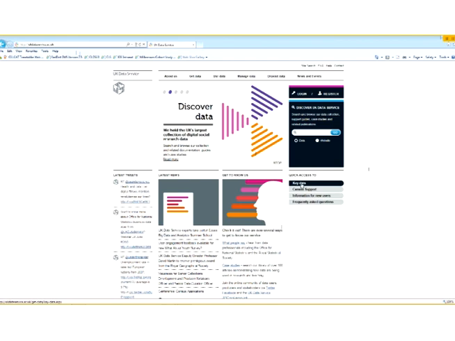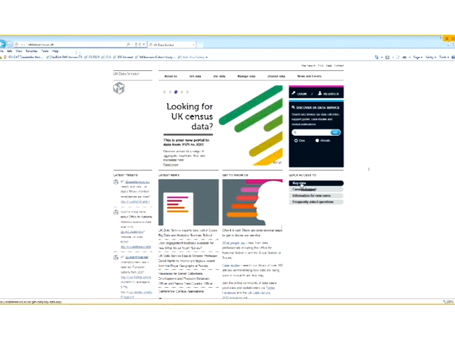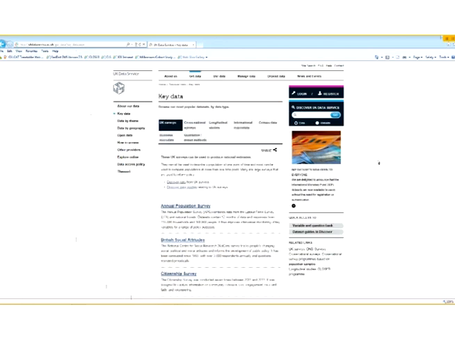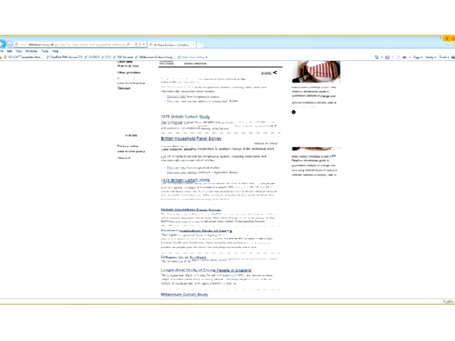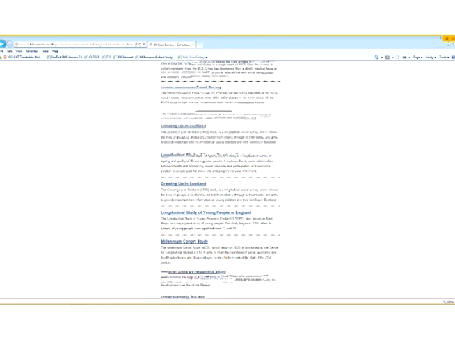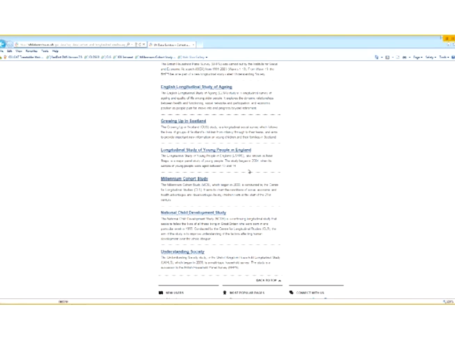Then what you should click is Key Data, because all the NCDS, BCS70, and Millennium Cohort Study data is classed as key data. And then you get this screen. And within Key Data, you click Longitudinal Studies. And we're now down to the famous British longitudinal studies, the 1970 BCS British Cohort Study, the British Household Panel Study, which has now been relaunched as Understanding Society, ELSA, the English Longitudinal Study of Ageing, Growing Up in Scotland, LSYPE, the Longitudinal Study of Young People in England, which is another data set which we now are in charge of at the Centre for Longitudinal Studies. And then there's also Millennium Cohort Study, and here we are, the National Child Development Study. So if you click on National Child Development Study,